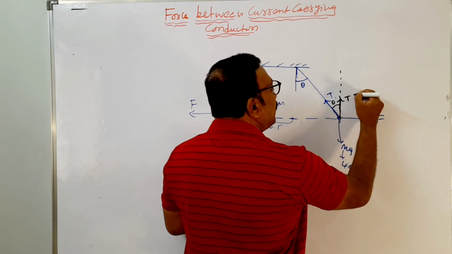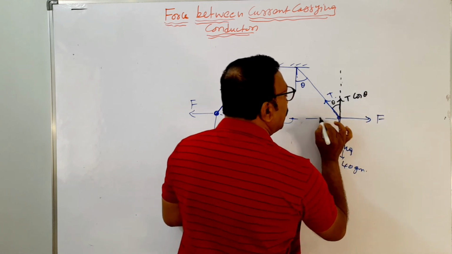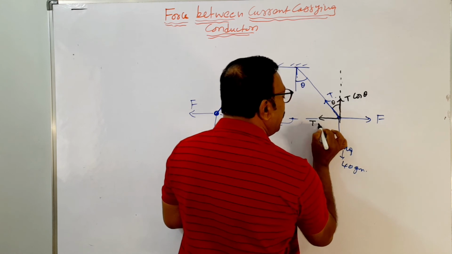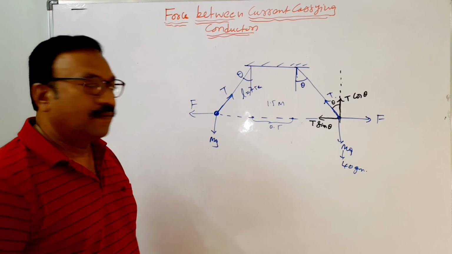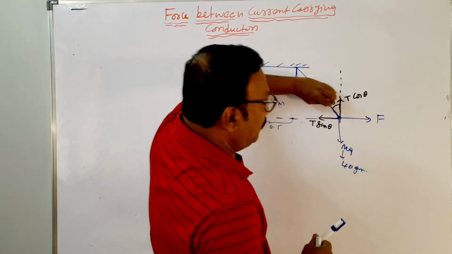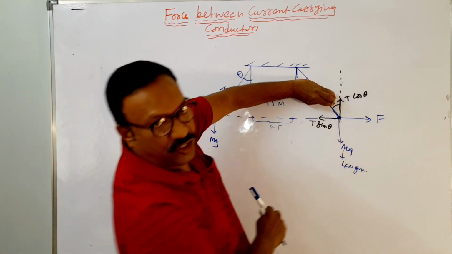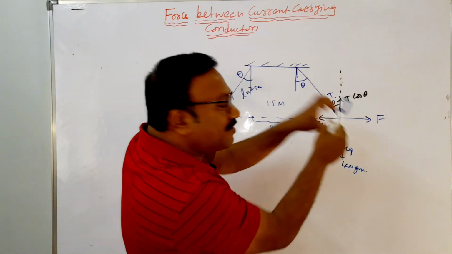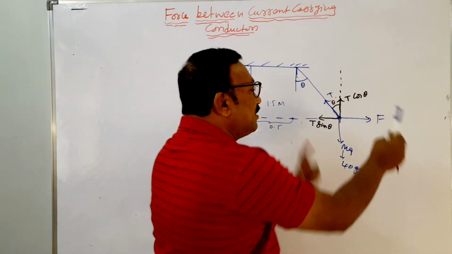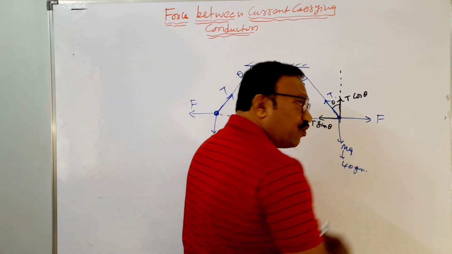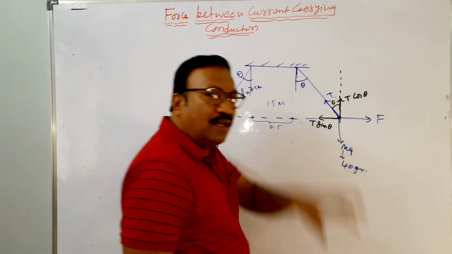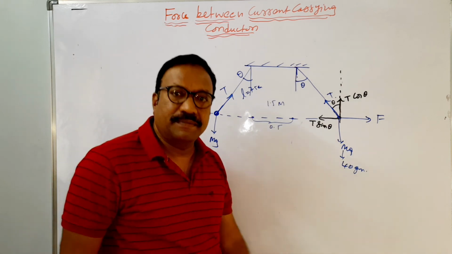This is T cos theta and I'll be getting T sin theta. So you need not consider T now. I can consider T cos theta and T sin theta instead of that. Because this is in equilibrium, I can equate these two forces and these two forces, because the resultant force is 0, and these two forces have to be cancelled and these two also have to be cancelled. On the whole, the resultant force will be 0.